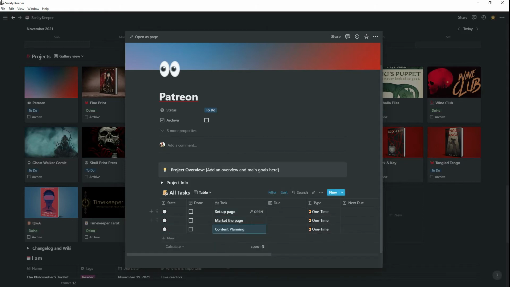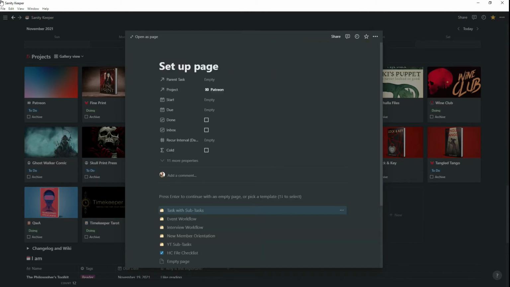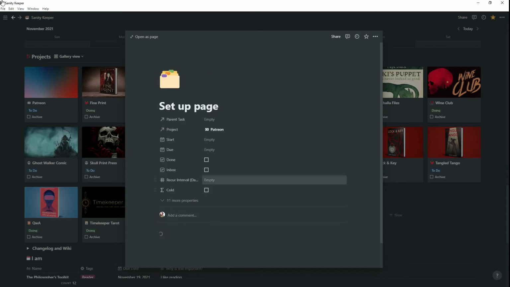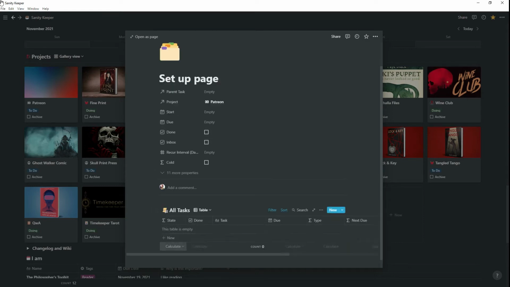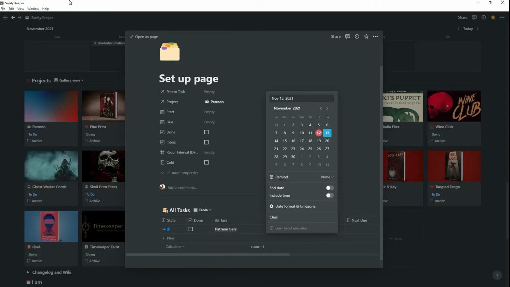So I can come in here and I can set these things up, and I can give it a due date. But I can already tell you that these things have more than one step to them. So what I can do is I can open that. Yeah, I'm blowing your mind right now, right? I can open that, and now I can set in more tasks that I can do. So let's say that I want to do the Patreon tiers, and I'll need to set that up tomorrow, right? And, you know, I really don't want to mess around with it too much, so why don't I say that I get it done at 7 a.m.